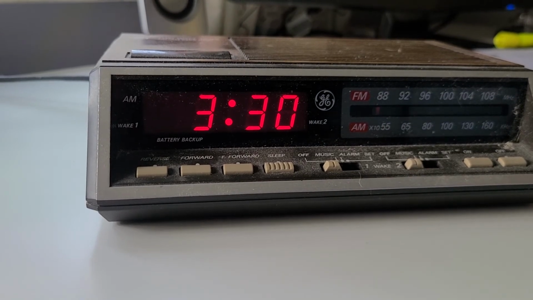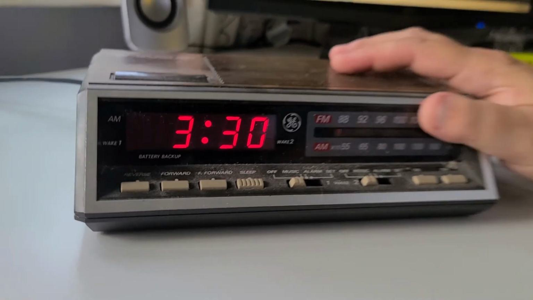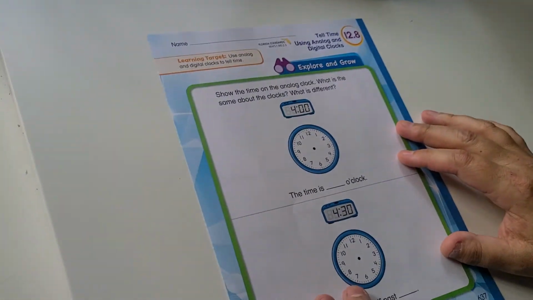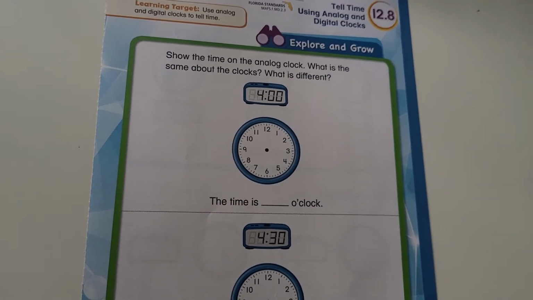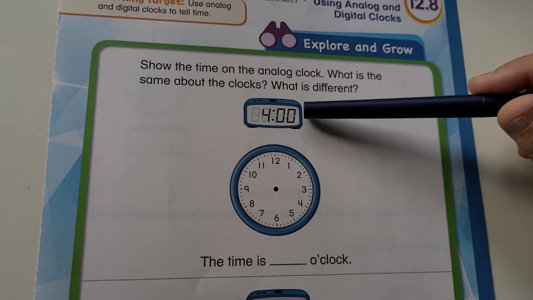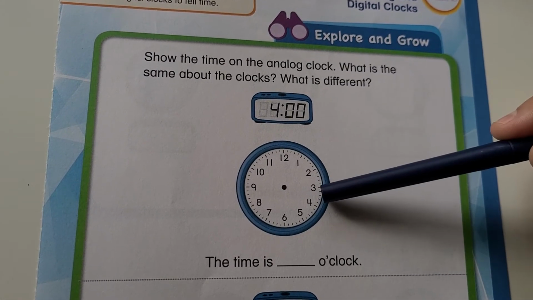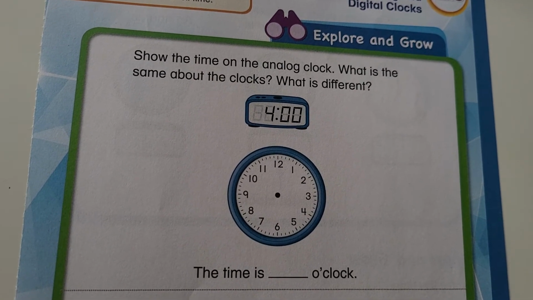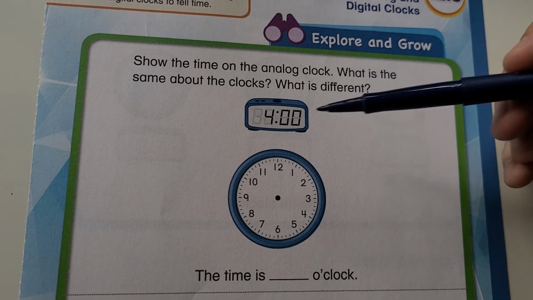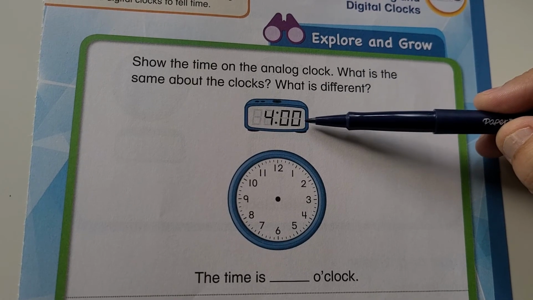Let's look at page number 637. So in this one, what they want you to do is read the time on the digital clock and then put it on the analog clock. So this one says that it is